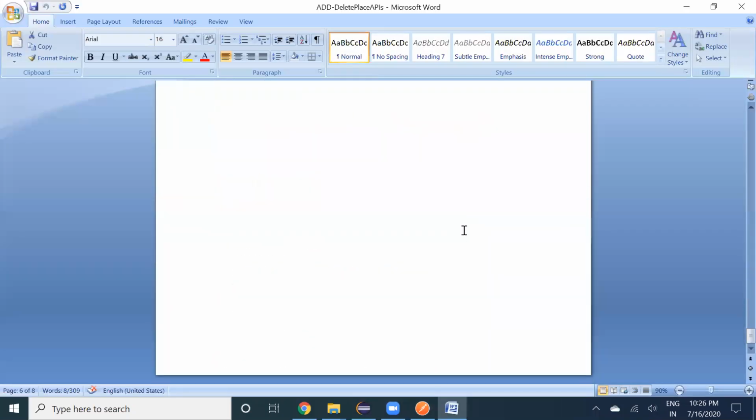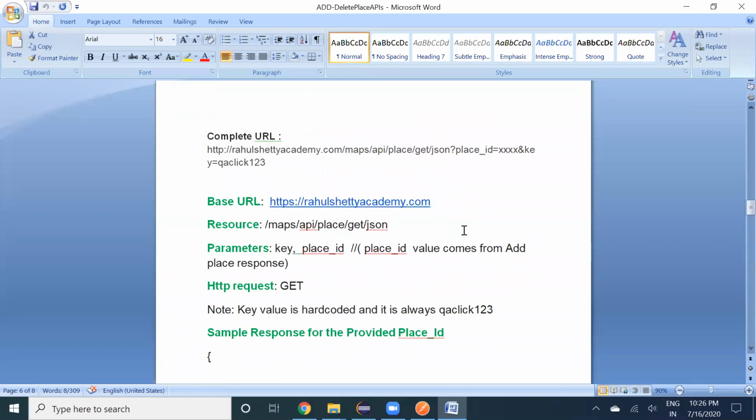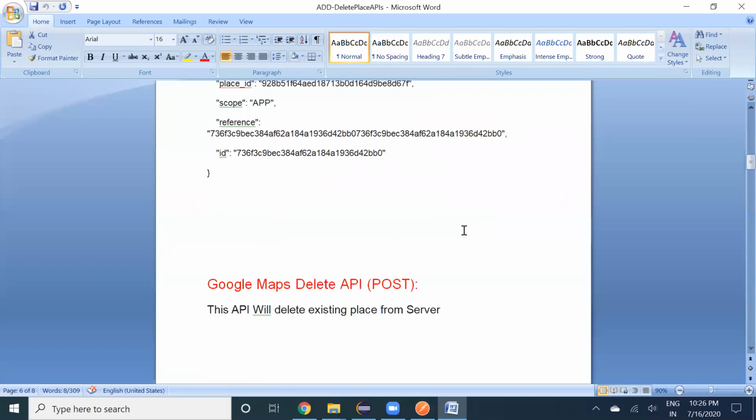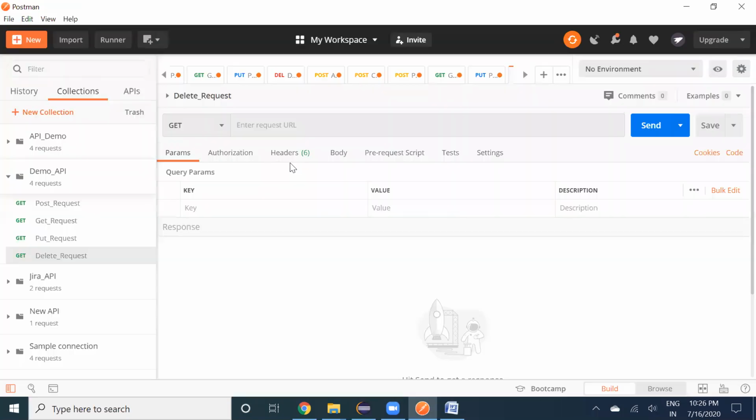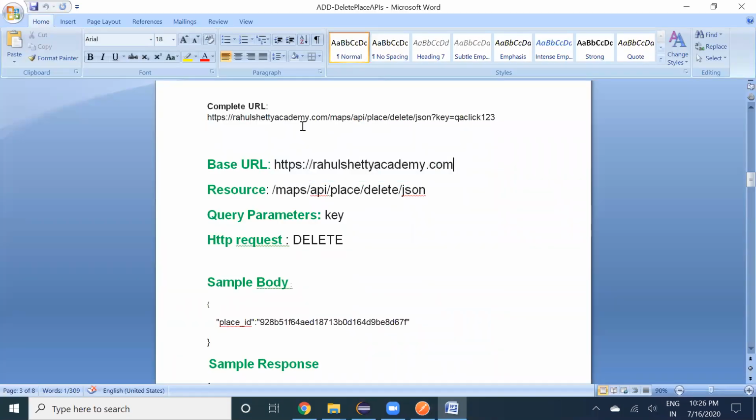Now we are going to delete and see. He is giving the endpoint now.